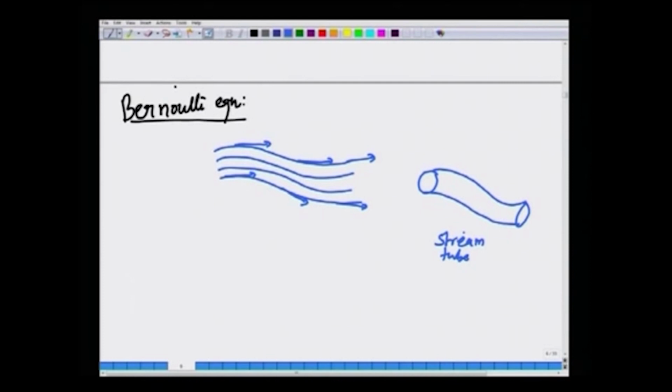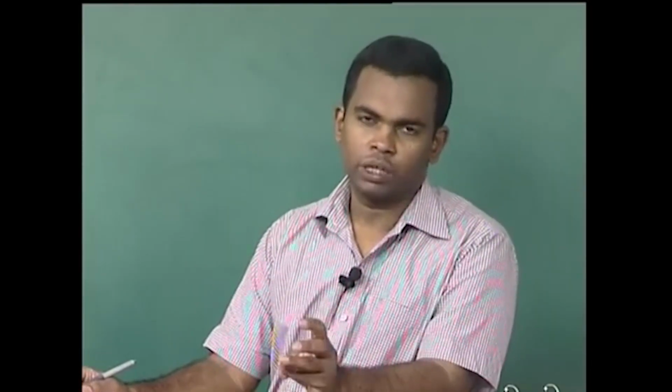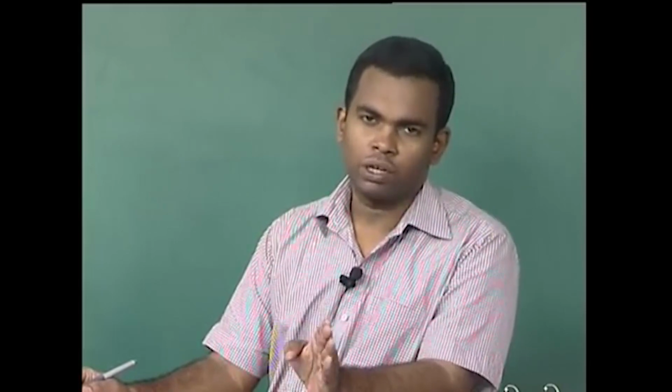It is a bunch of streamlines that are collected together, like a tube. The surface of the stream tube itself is comprised of streamlines. A basic definition of a streamline is that fluid velocity is tangential to the streamline and there is no flow normal to the streamline. Therefore, the stream tube is almost like a tube of a complicated shape, but it is still a tube, in the sense that there is no net flow out of the stream tube